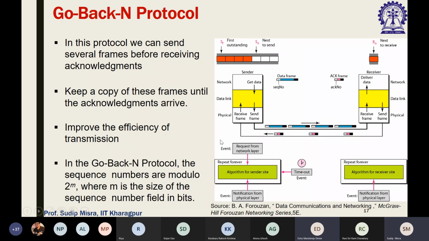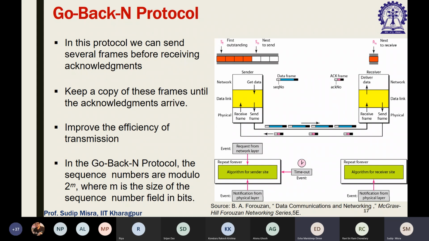Now this was stop and wait. The problem with stop and wait is that it is slow. Whether it is ARQ or the regular simple stop and wait, it's slow, right? So now we need to understand: can we do better? Instead of waiting to get an acknowledgement of a single frame, can we send a block of frames one after the other, and then wait for some time, and if we still do not get the acknowledgement of the frames, whatever frames we have not got the acknowledgement of, then we resend